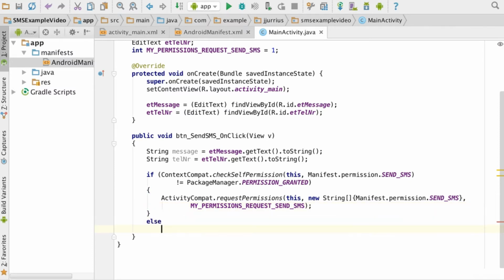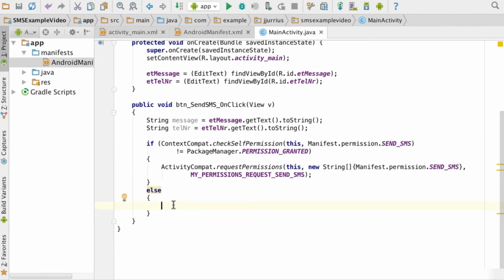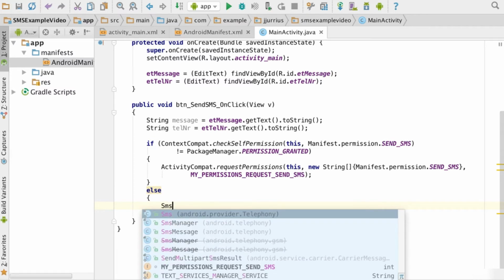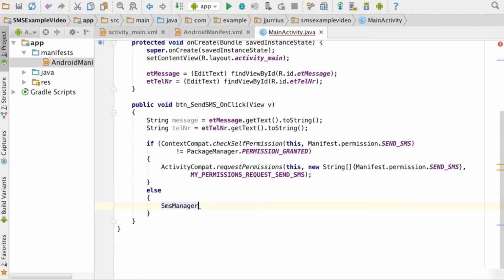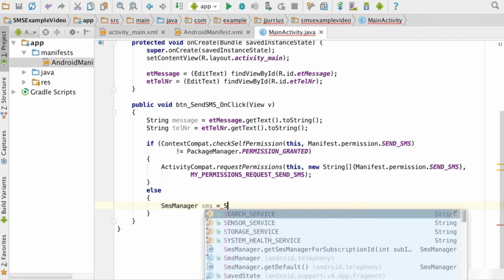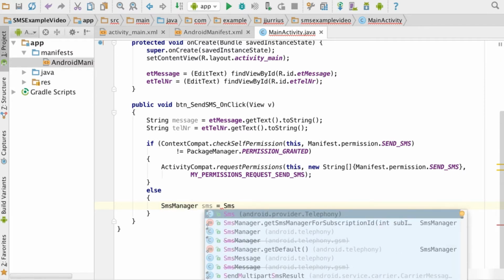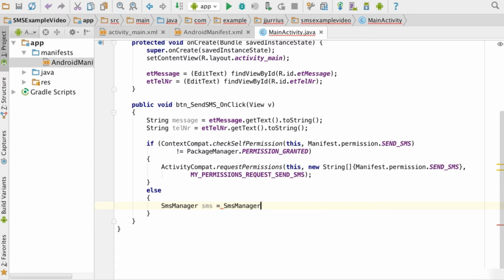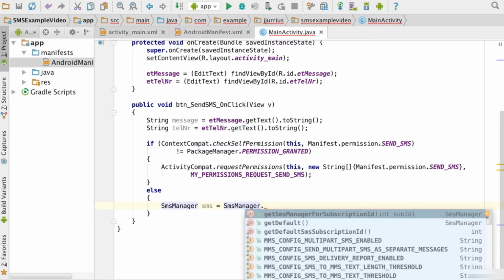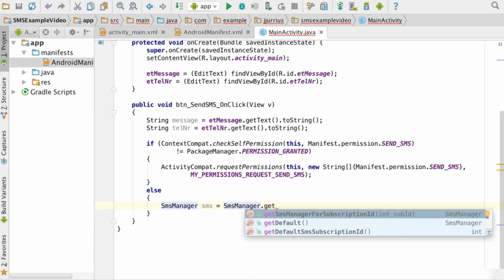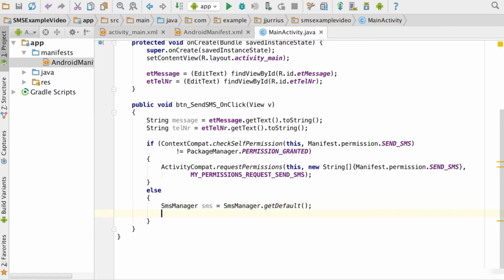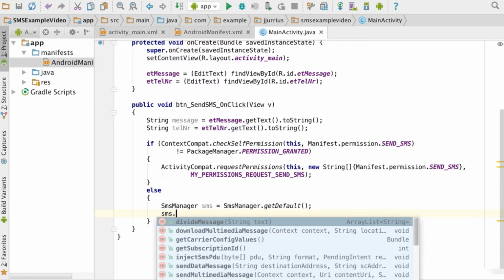So then the else part there will be if the permission is granted. So that's where we want to actually send out the SMS. So then we're going to say SMSmanager. Let's say SMS equals SMSmanager dot get default. So it basically gets the default SMS manager of this specific application, and then we're going to say